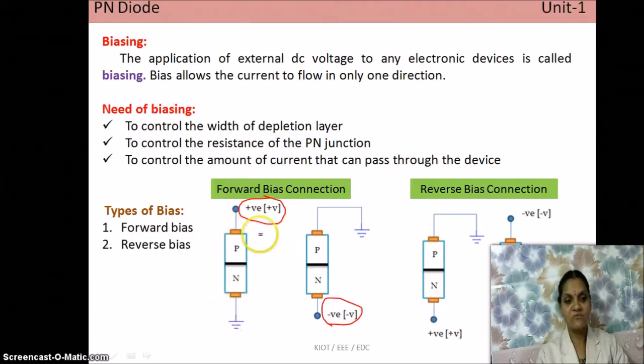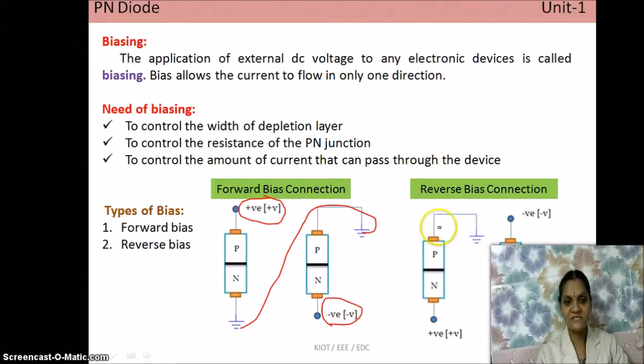While we are giving a voltage supply, instead of grounding, we can connect this to the opposite polarity. So this ground and this ground are interconnected. So when P type is connected to positive and N type is connected to negative, we can use the diode under forward bias condition. Similarly, reverse bias.